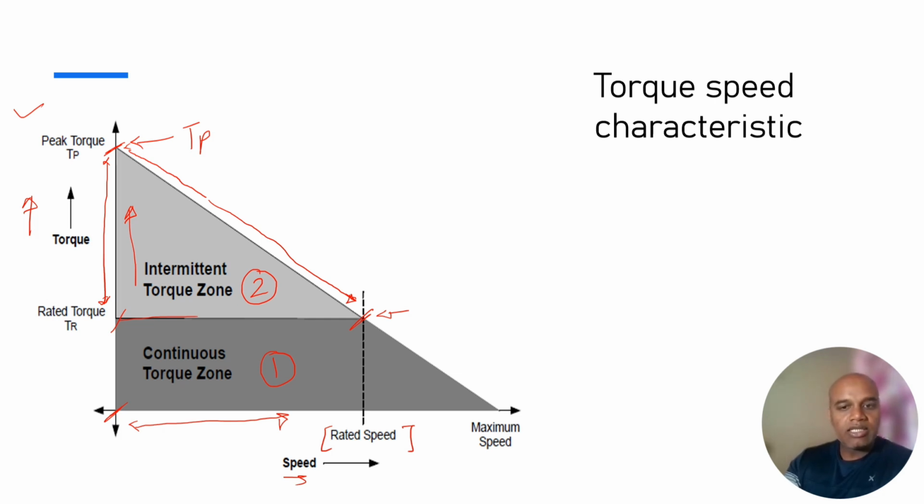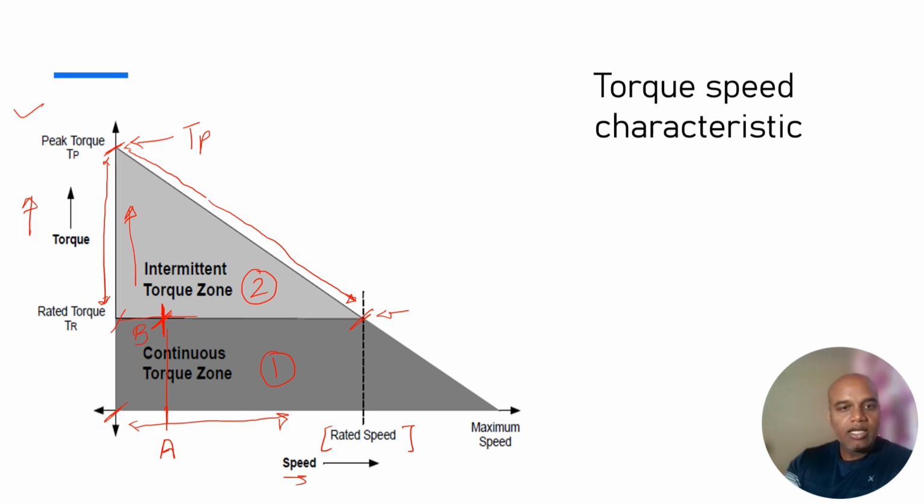Now let's understand this with one scenario. Let's say my BLDC motor is, as of now, operating at this speed, which is denoted as point A over here. At this point, let's say the motor is producing the rated torque, because up to the rated speed the motor remains in the continuous torque zone, or the rated torque. So let's say my motor is producing this much torque over here, which is shown as B over here,